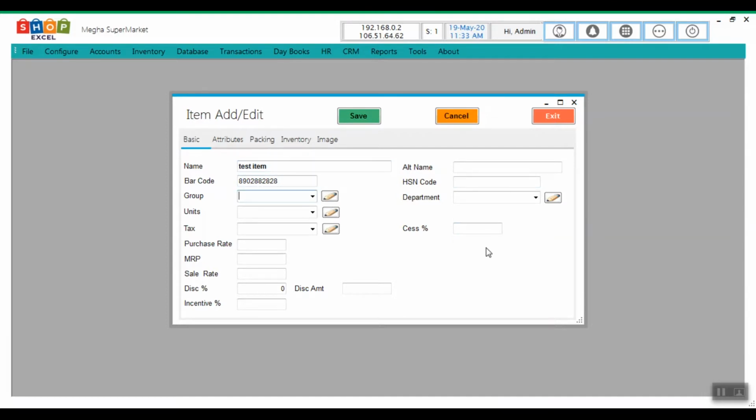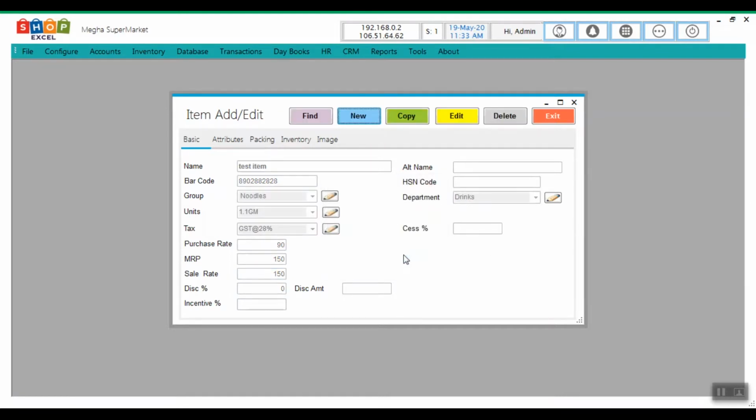Under which group that item should come, you need to select over here. Then the department, units, then tax, then the purchase rate, the MRP, the selling rate. Then click on save. Item will get saved.